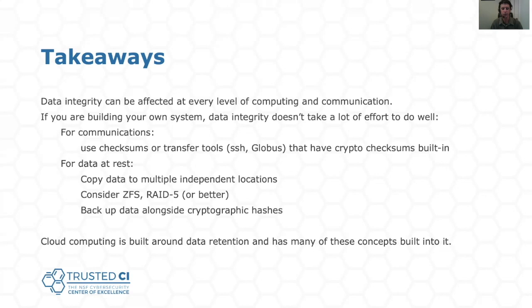Alternatively, the use of cloud computing resources appears to provide similar protection. And of course, data should be backed up alongside cryptographic hashes and periodically spot-checked to ensure no variation from the expected hash. Now that the use of tools such as SSH, ZFS, RAID 5, and cloud computing resources such as AWS and GCP are common in many environments, and Globus is well entrenched in the scientific community, taking these steps has gone from being a time-consuming process to one that's relatively turnkey.